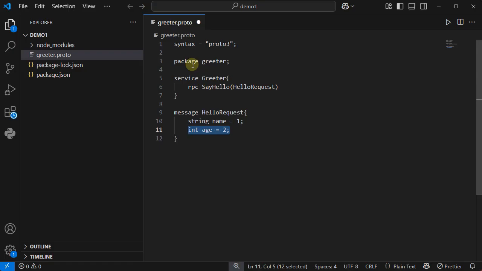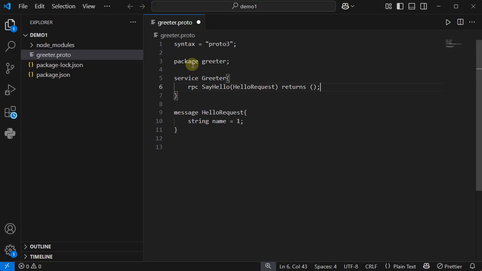We don't need to specify the name of the parameters when we want to transfer them between our server and clients. But in JSON, we need to specify the name of the variables. So in here, we don't need to do that, so we can reduce the amount of data we transfer between our server and clients. And also, it's going to return something. Inside the parentheses, we're going to specify the output or the return of this